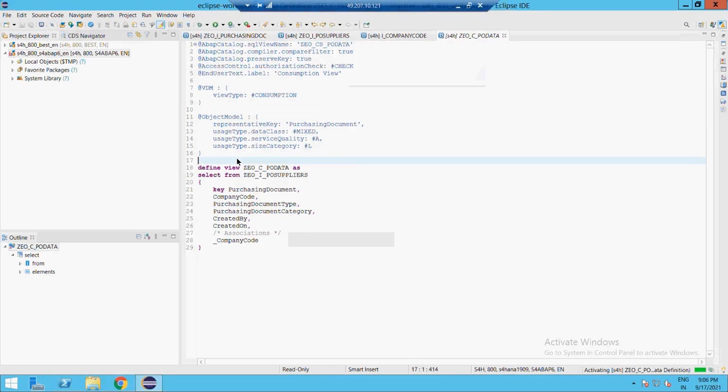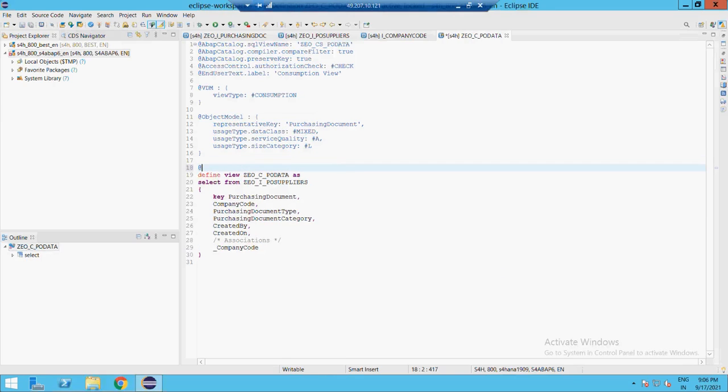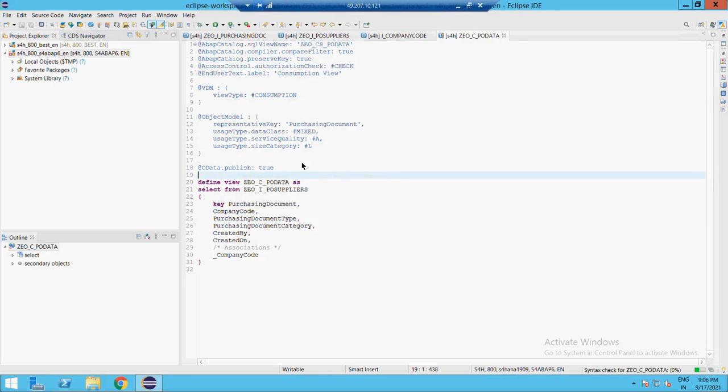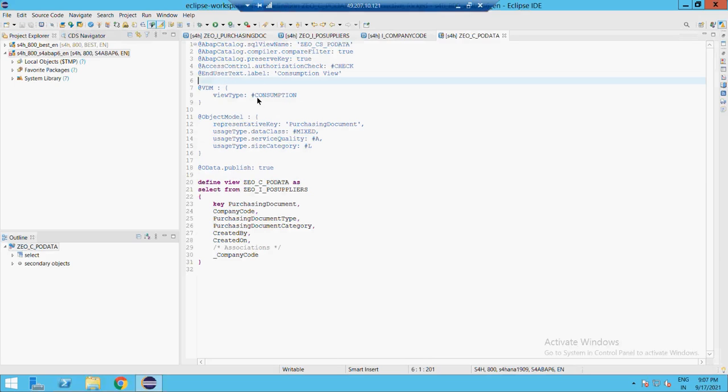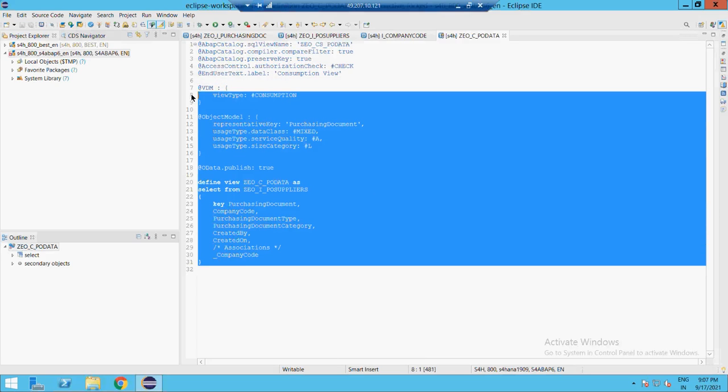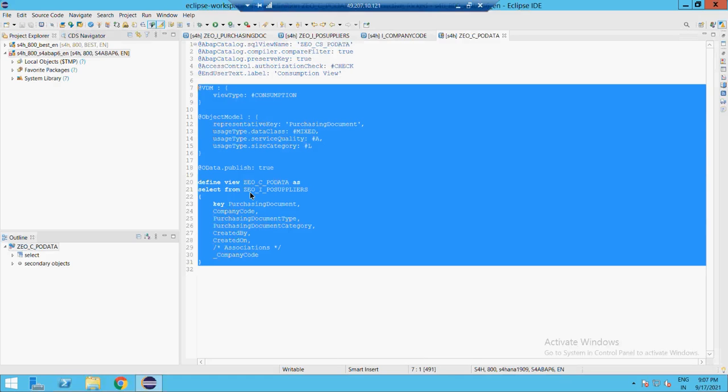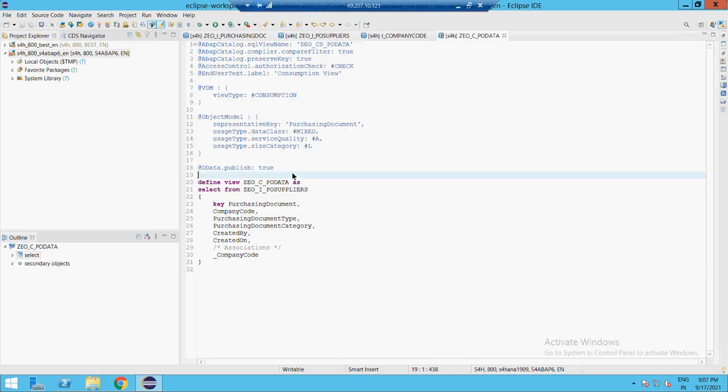So when I say it's a consumption view, we need to allow the developer to consume this for the application's purpose. And for that, we can allow them to write the OData publish for this particular view. But remember one thing, the sequence of this annotation doesn't matter. Okay, so if you specify OData.publish over here or the publish over here, it doesn't matter. Whatever is following in the